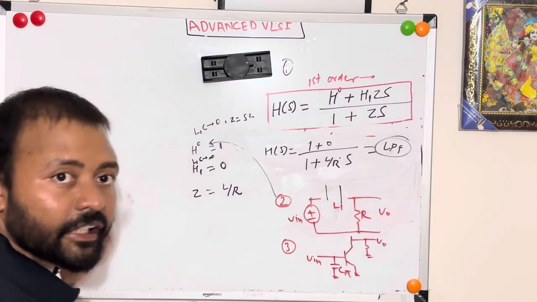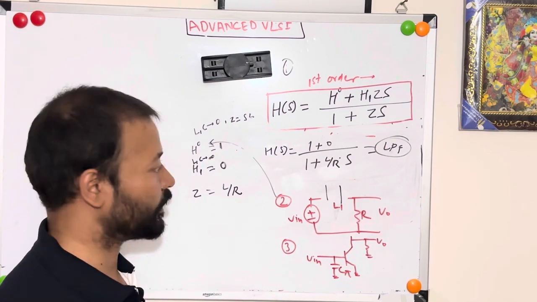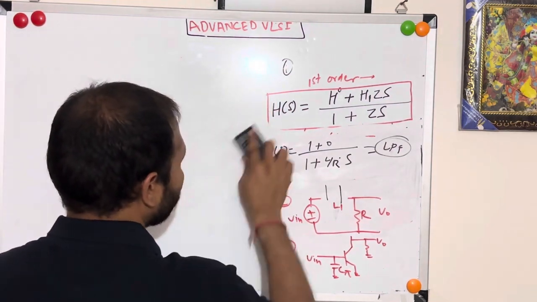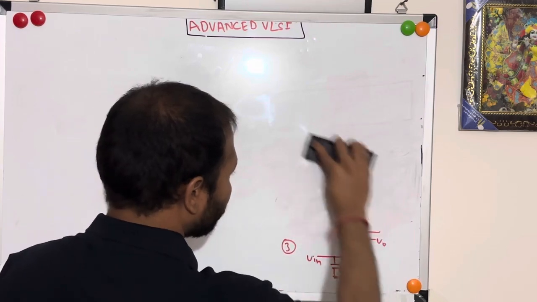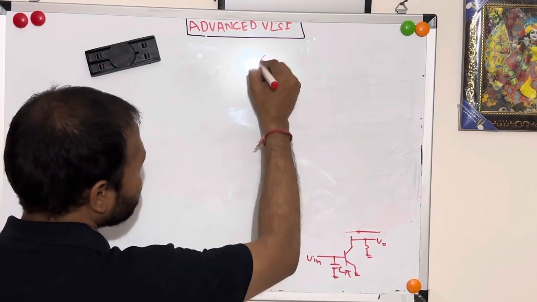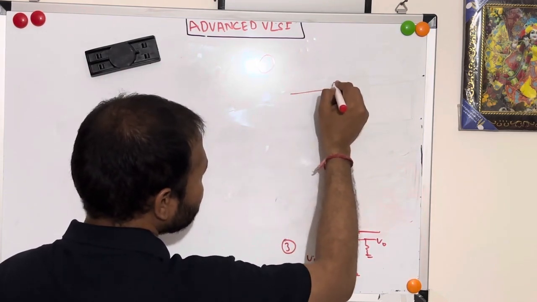So there is nothing to do with KCL, KVL and nodal analysis. This is the very simplest way to find it. Now again, let us derive it for BJT. So if I am going to tell you to find the transfer function or voltage gain for the BJT circuit, it is